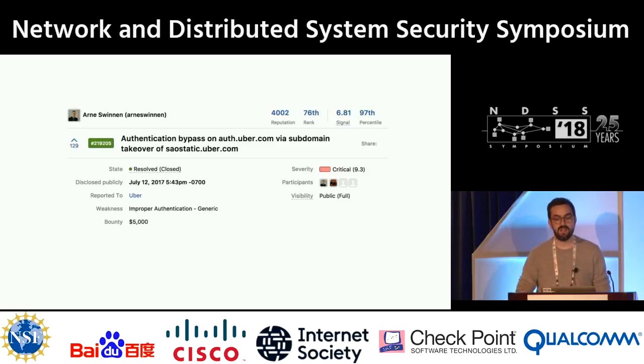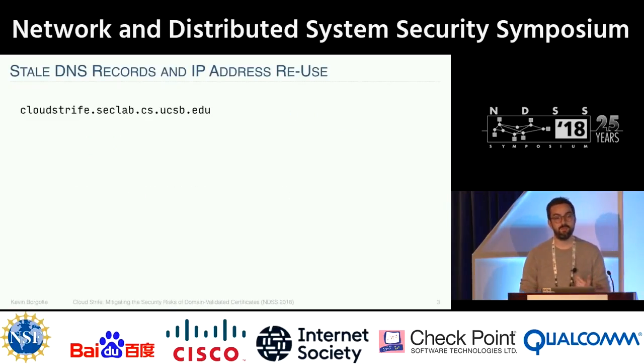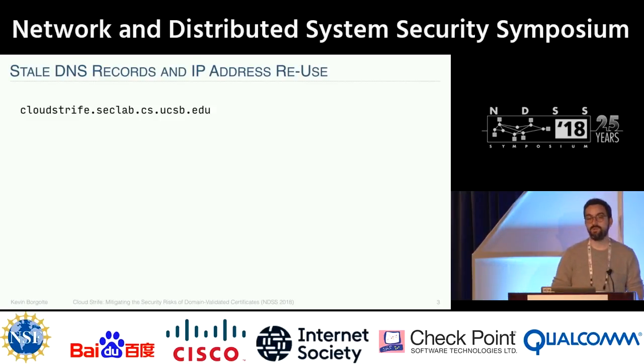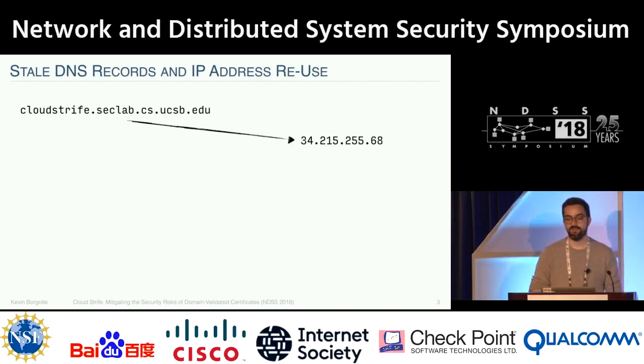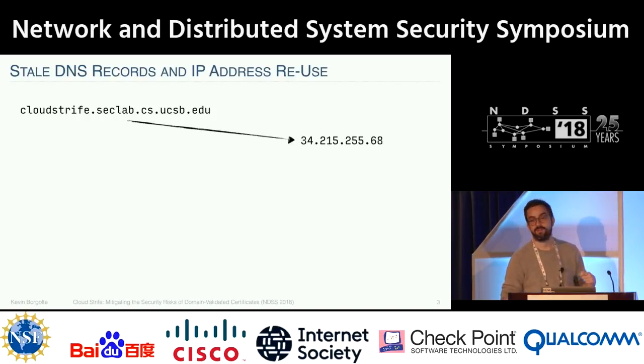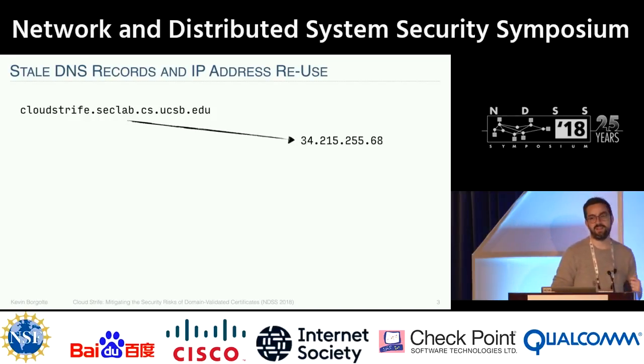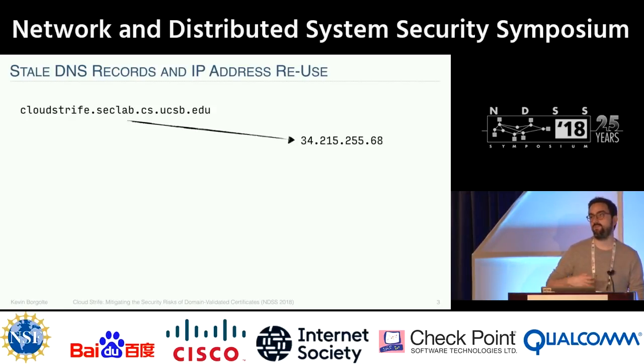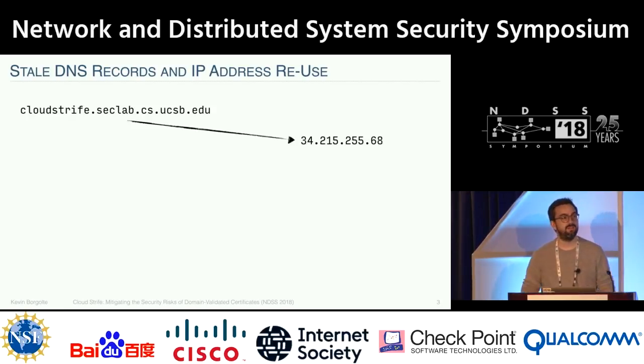And the reason that this is happening is because you might have a domain, for example, cloudstrife.seclab.cs.ucsb.edu, which might point to an IP address, in this case, for example, 34.215.255.68. And if you're trying this right now, it still points to it, but that IP is not actually free. And the question now becomes, if you don't use the host behind that IP address anymore, because, for example, it might be an IP that's part of an EC2 instance, and you're freeing the EC2 instance on Amazon because you don't want to pay for it anymore, the question becomes,